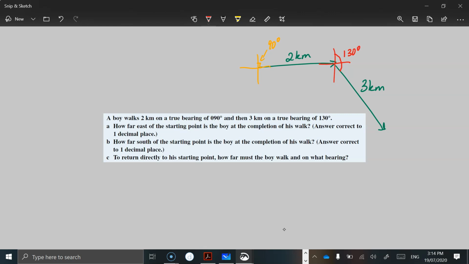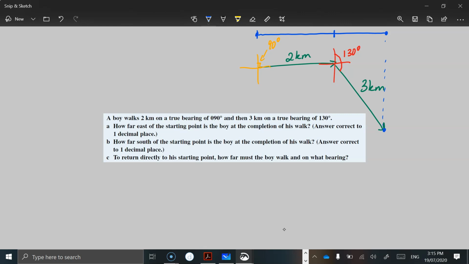Okay, so there's what we have so far. How far east of the starting point is the boy at the completion of his walk? So we're wanting to work out east. So from this distance all the way to this distance, which is aligned to this final destination, we know